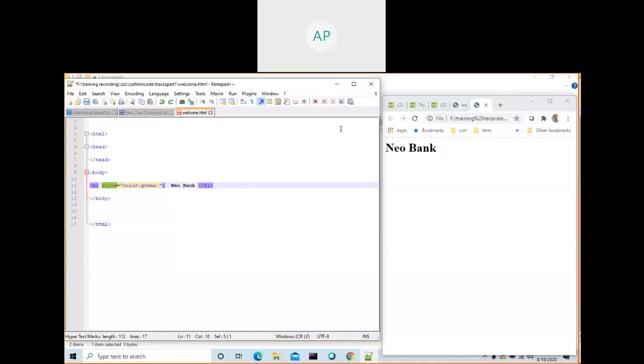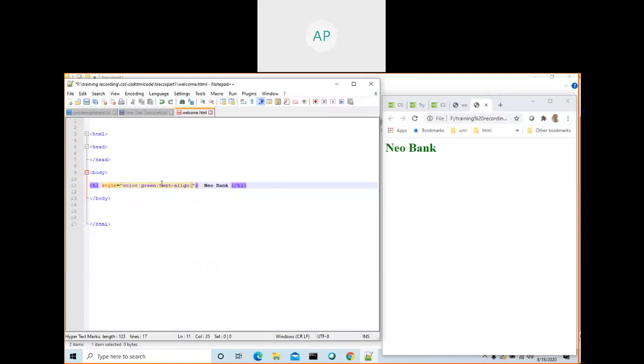Now let me run this. Save and run. See, it turned green. I want to display this in the middle of the screen. Then apply text alignment. If you go to Google and type CSS properties, you get all the properties.